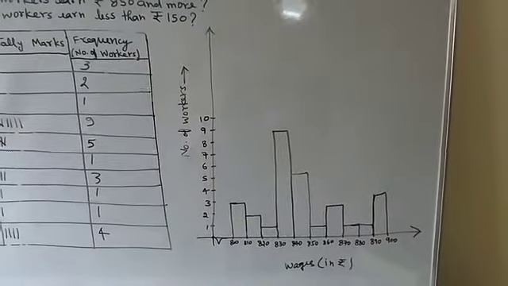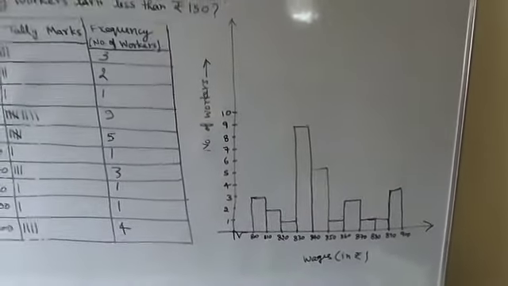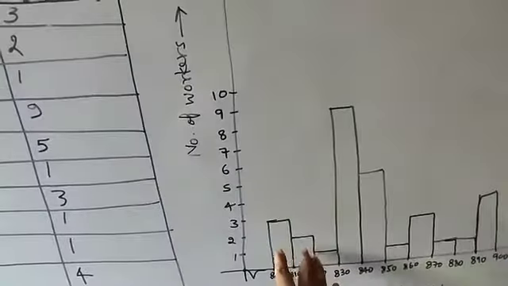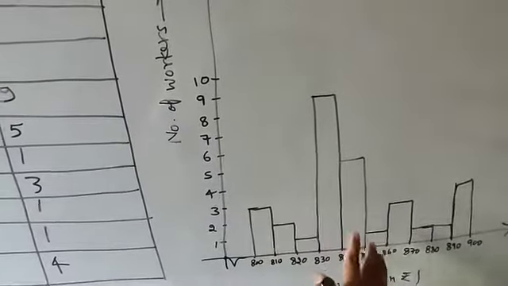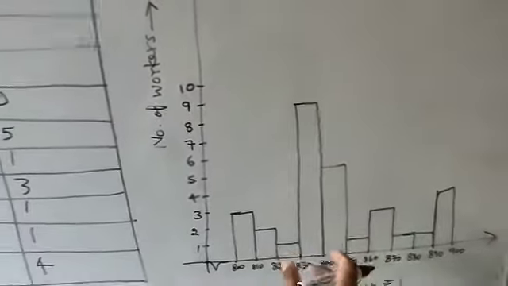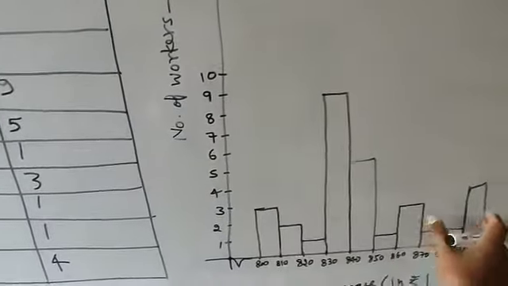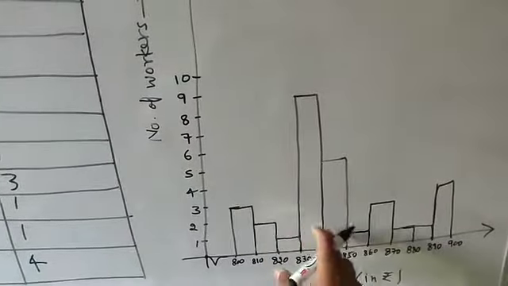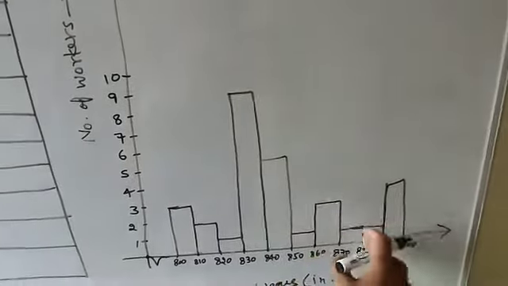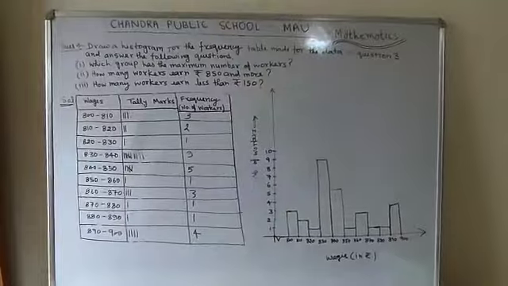But when you drew the bar graph in question number 2, there was an equal gap between each and every rectangular box. So in the bar graph there is an equal gap between each rectangle, but in the histogram each and every rectangular box is connected to each other. So that is the histogram for question number 4.